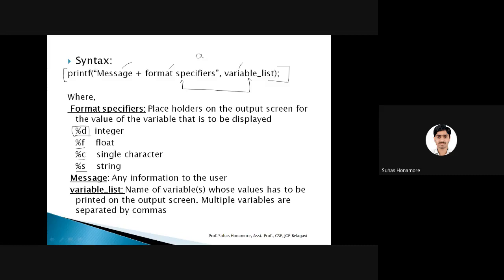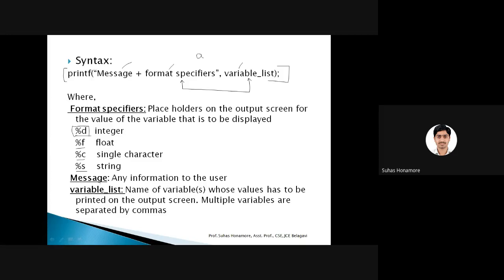If I have a floating point variable, I mention percentage f, and it will display that variable value. If I have a single character, that is char, I give percentage c. Then percentage s is for strings. These are the format specifiers.